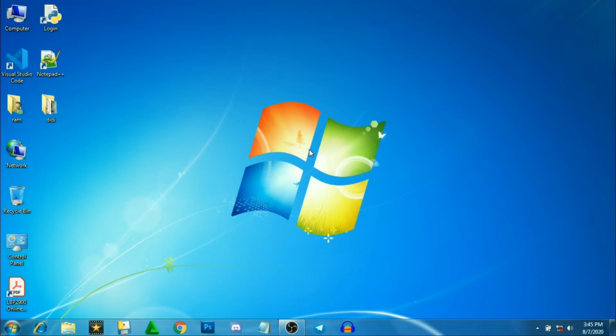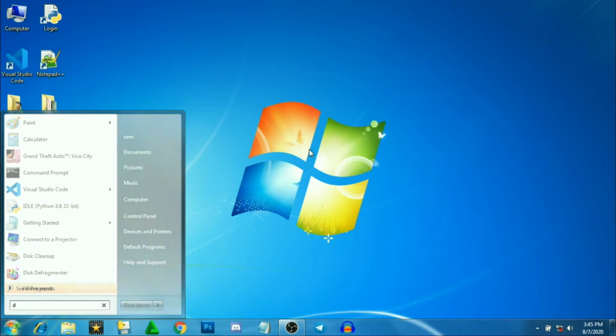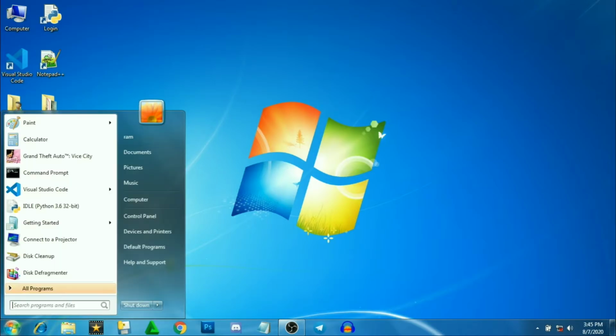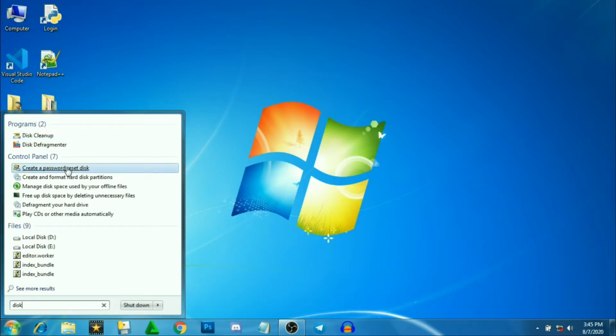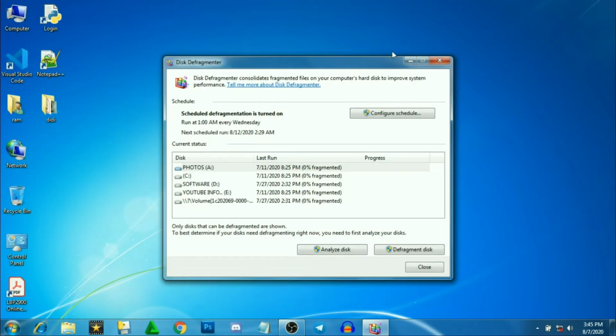Now again go to the start menu and type disk. Go to the second option, Disk Defragment. As you can see, I have already defragmented recently.